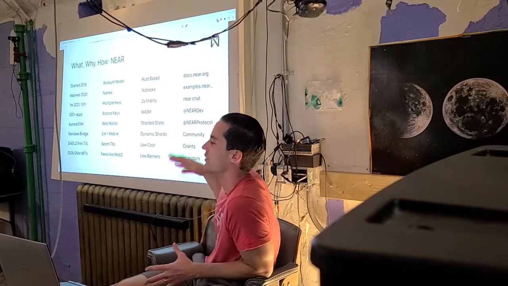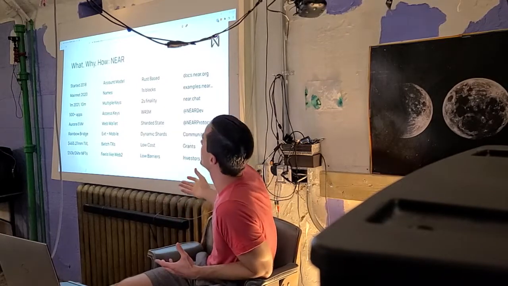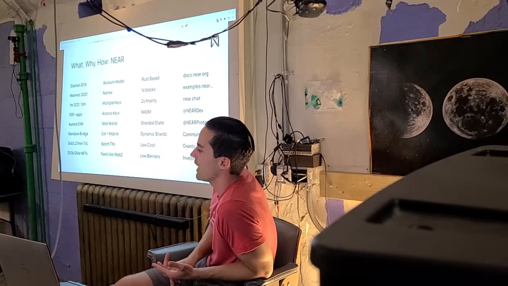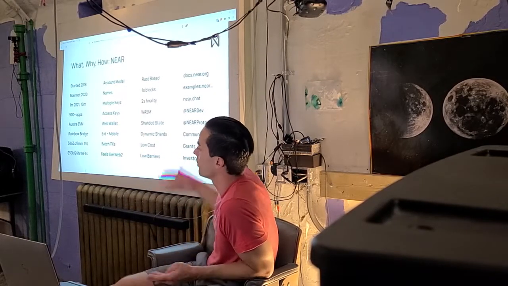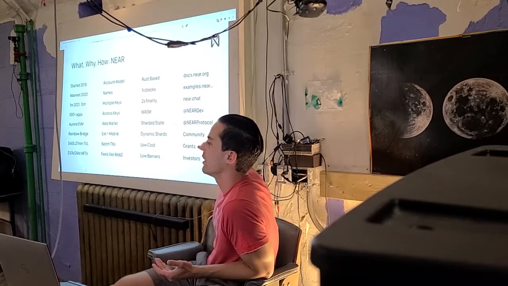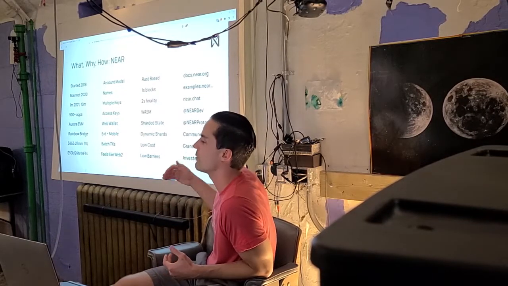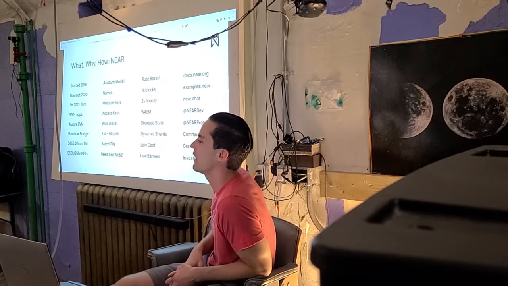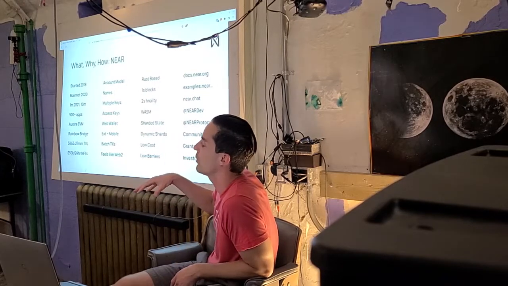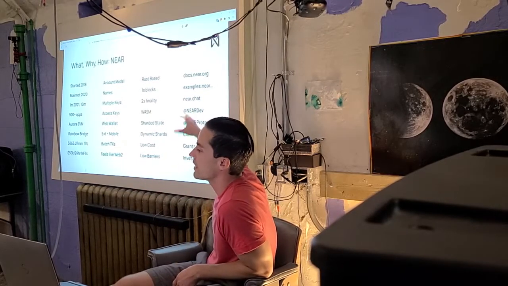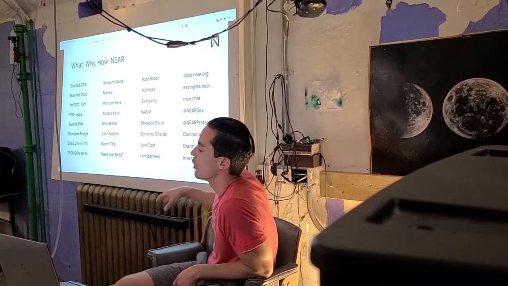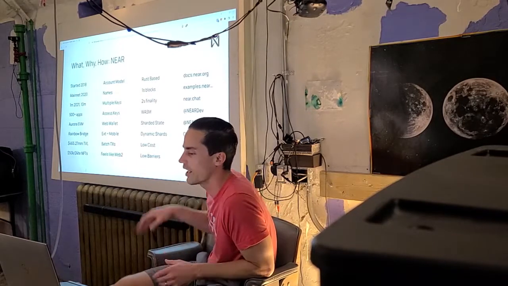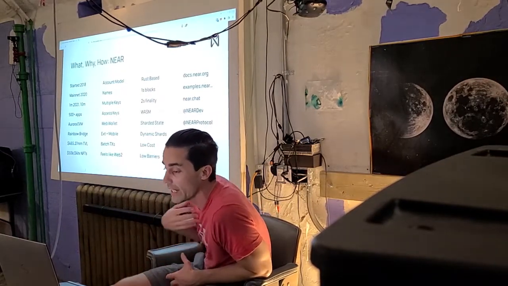So if you're from the Ethereum world, you can think of this as having human readable names, like matt.near or laura.near. And you can also have multiple keys and recovery options and all sorts of fancy social recovery, like my friends can help me recover my account. You can do all of this in the core protocol. So it's like having ENS, the Ethereum Name Service, and Gnosis Safe, but built into the core protocol. So you don't have to run around and figure out how those projects work, which I kind of like as a developer.